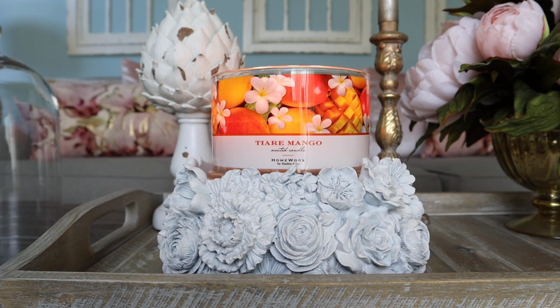It's not that they smell artificial, because you do get the floral notes, but I've smelled tiare fragrances from Harry in the past, and I think he's had a couple of other fragrances that have also had the manoi as a fragrance note as well, and it's usually done quite well, but it's just not a very nice manoi. It's not a very nice tiare flower. It's almost like